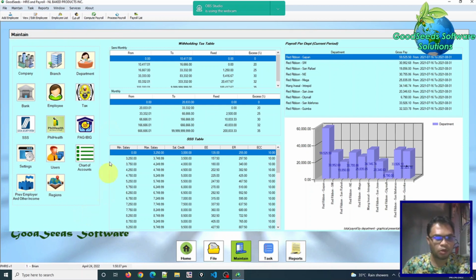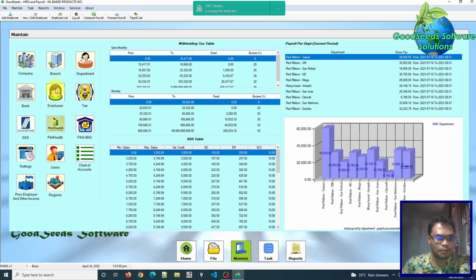If you want to set up your company settings and company information, just click company. To set up a branch, click branch. To set up a department, click department, so that you can generate a payroll by department or by branch. If you want to set up a specific bank, click the bank button.